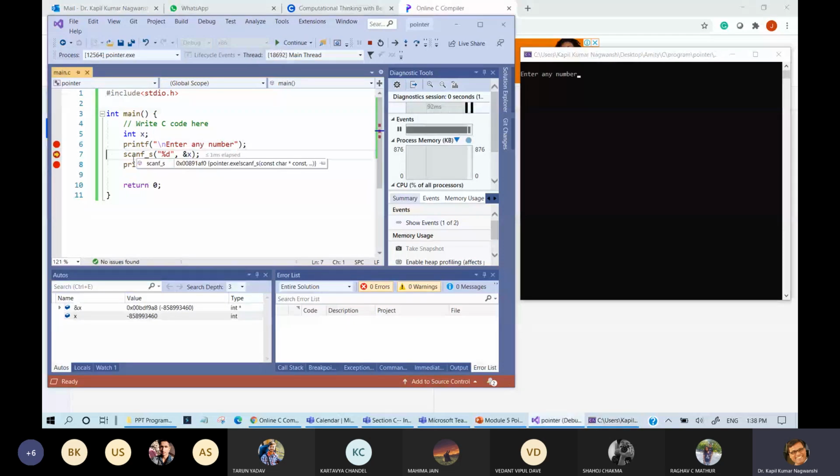After that this scanf will execute, and as soon as I use scanf with address of x, this address is coming. This particular thing is known as address.